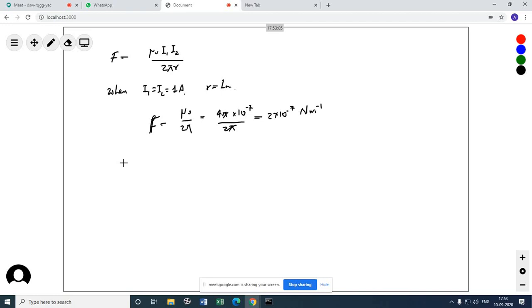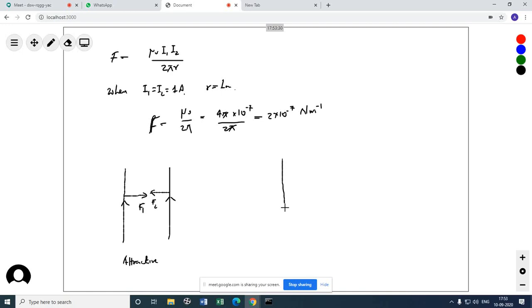Now one more thing here. We have seen that when two wires are carrying current in the same direction, both of the forces are coming towards each other, inside. F1 was inside, F2 is also inside. So they are attractive. That means the two wires are going to attract each other. Attractive force. Okay, two wires will try to attract.